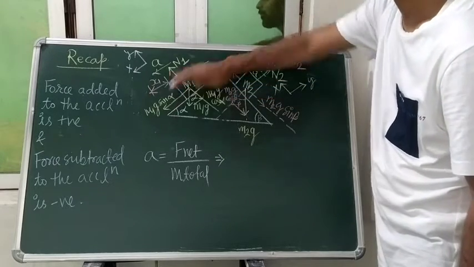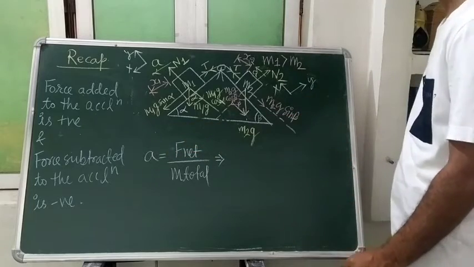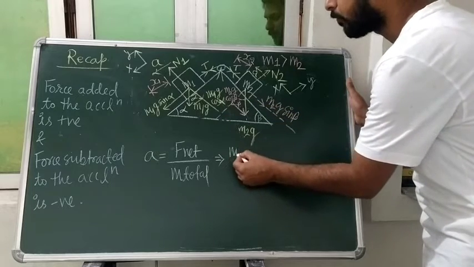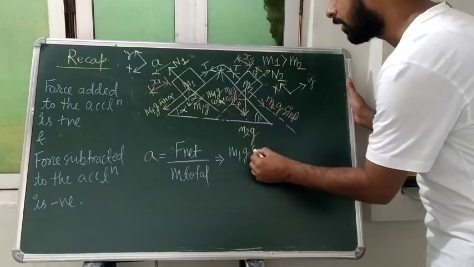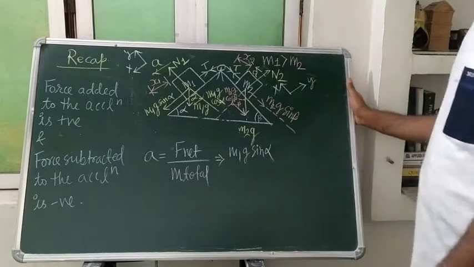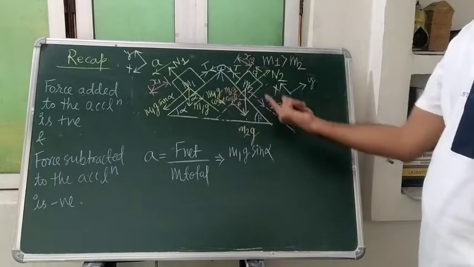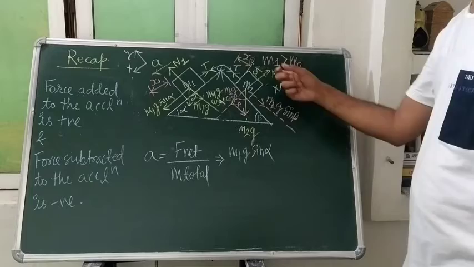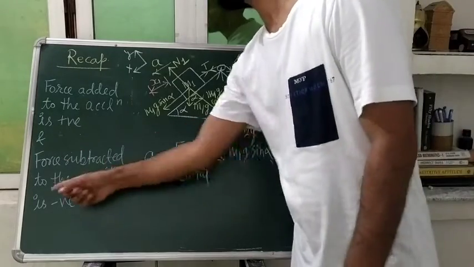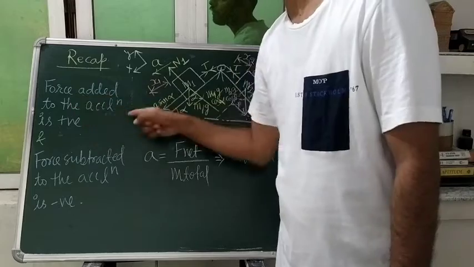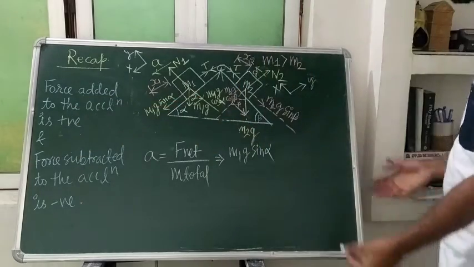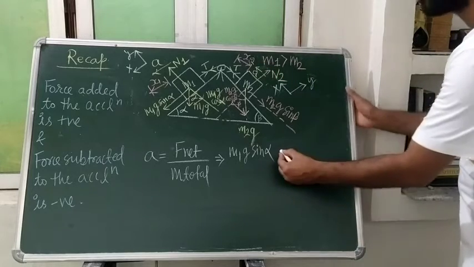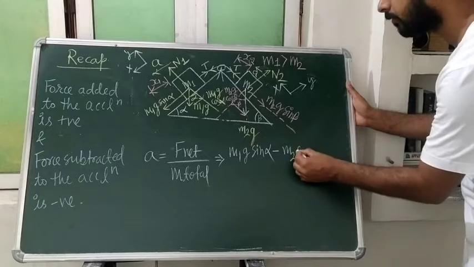So when we look at m1g sin alpha, tension we will not take into account. So this m1g sin alpha will be added to the acceleration, so we will write it with a plus sign. And when we look at this m2g sin theta, it is coming in this direction, acceleration is in this direction, so it is subtracting from the acceleration. So forces subtracted from the acceleration are negative, forces added to the acceleration are positive. So this m2g sin theta is opposite to the direction of acceleration, so we will write it with a negative sign,